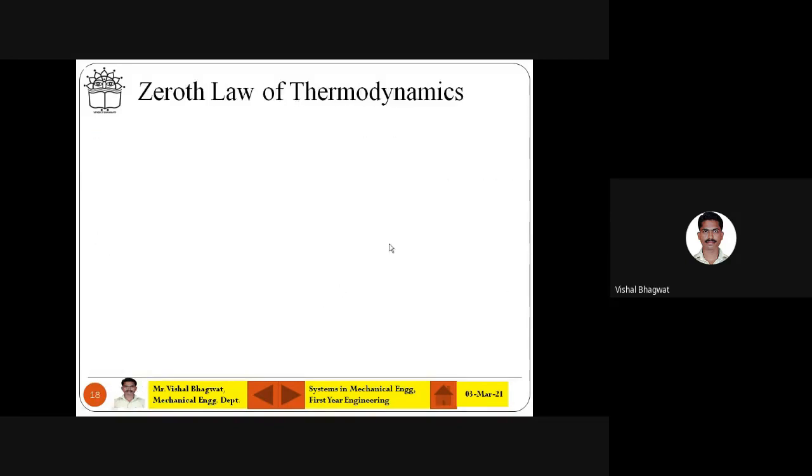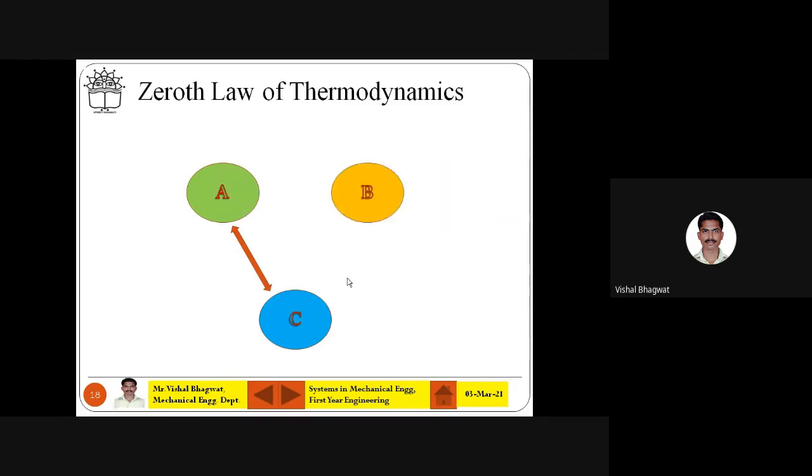Now about the laws of thermodynamics, we'll see the first law. It's not the first law actually; it's the Zeroth law. And what is the Zeroth law? I explained it in practical sessions. If there is a body A which is in thermal equilibrium with body C, that means what? Body A and body C temperatures will be the same. If not, then they will be the same after some time. Then there will be an equilibrium position, a thermal equilibrium state.